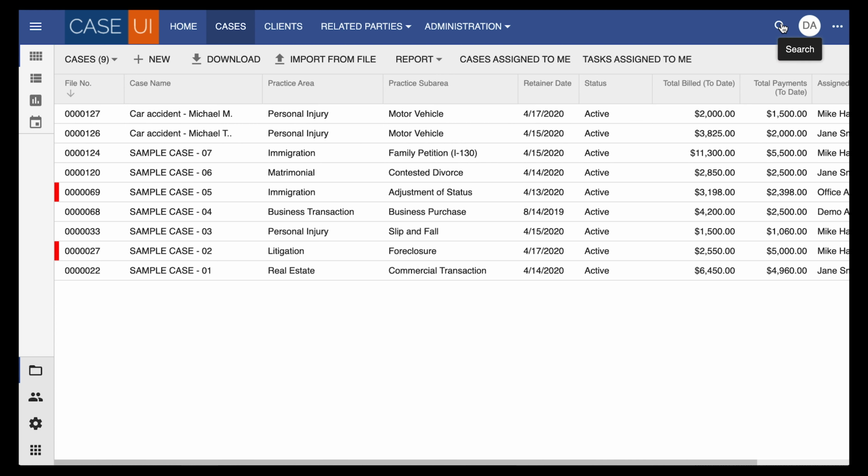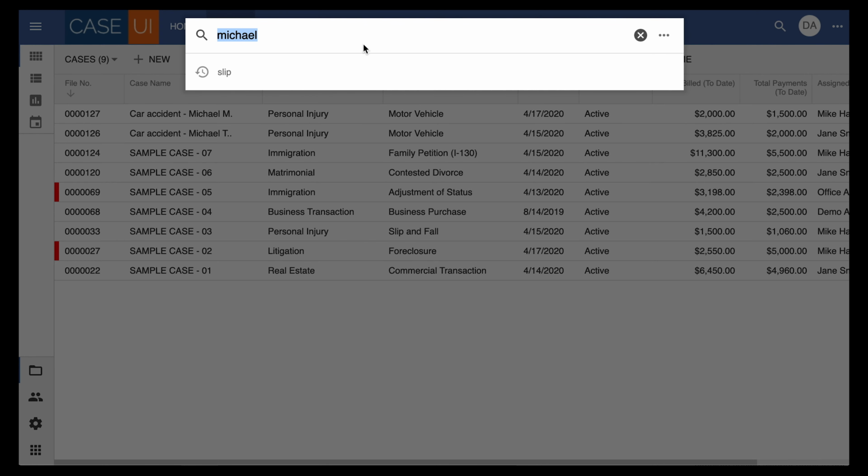The next function is search. In any page there is a search function. Let's click on that, and that's the quick search. Here I can type any specific phrase and search for any case using any of the columns in the grid.